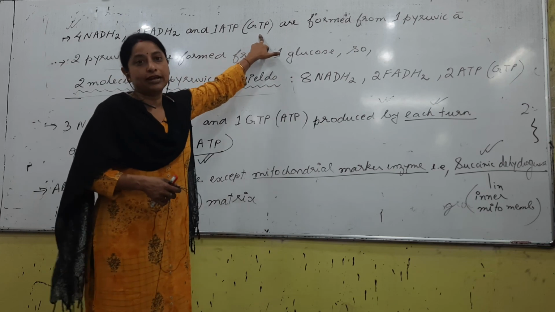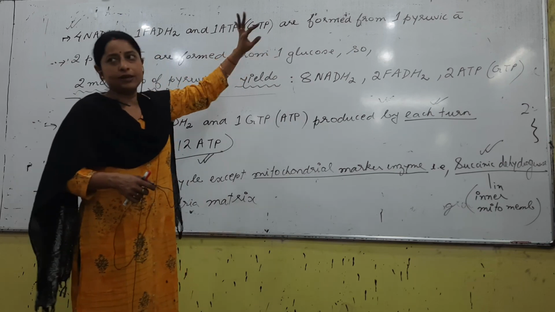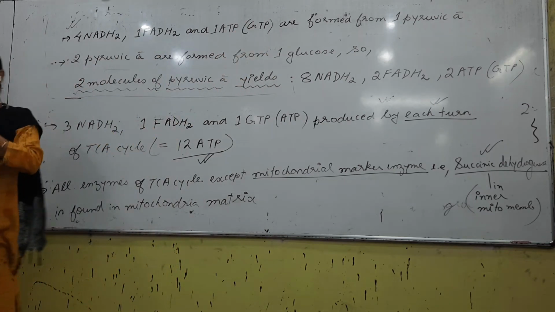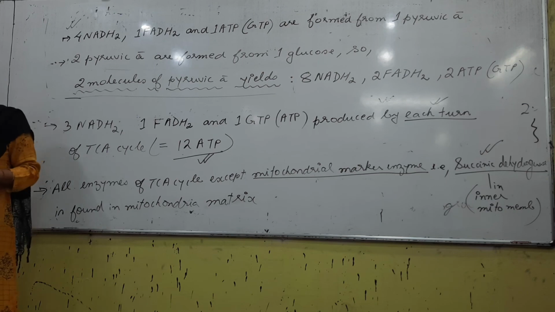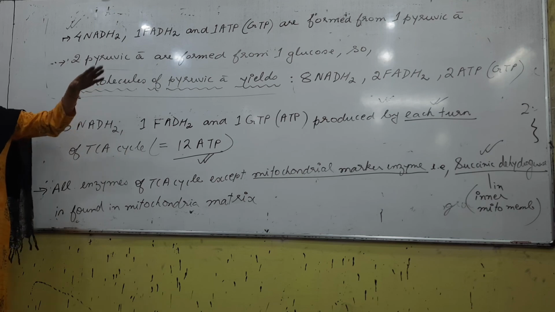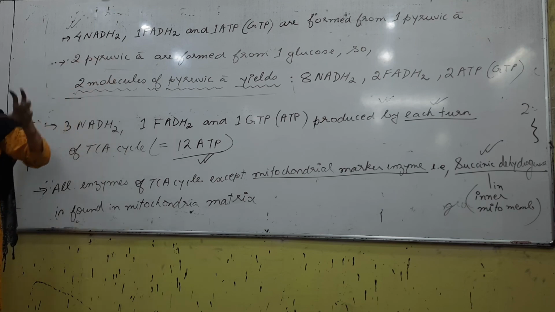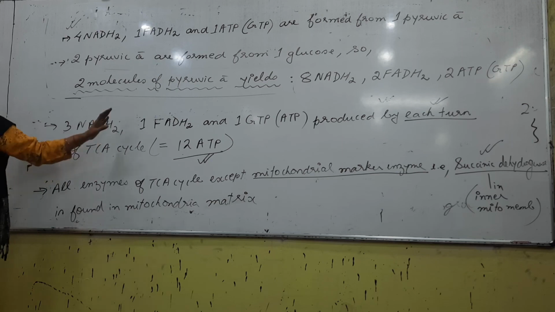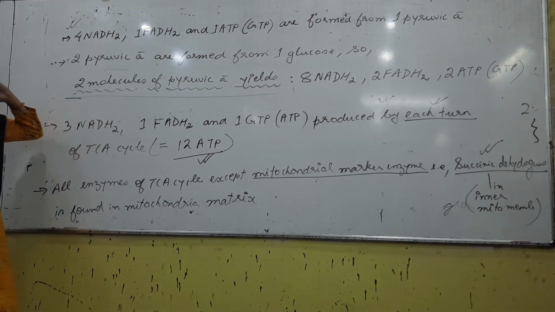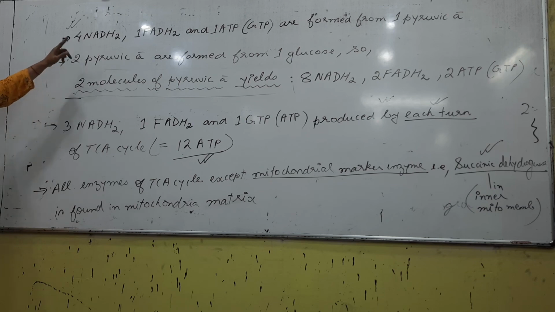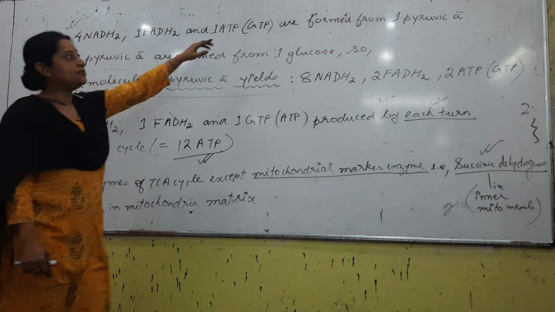That ATP will not form as ATP, it will come in the form of GTP, but we can consider both of them the same. Though the sugar is different, it will give you energy; guanosine triphosphate is like adenosine triphosphate. So a question may say ATP or GTP. Precisely, in glycolysis what is synthesized? ATP. In the Krebs cycle what forms? GTP and ATP. Now just see: 4 NADH2, 1 FADH2 and 1 ATP are formed